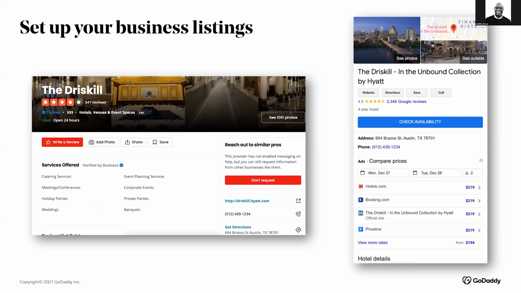Make sure that all of your profiles have the same information about your business, and that your hours, even your menu if you have one, address, and phone number are accurate. You wouldn't believe how many of these business listings out there have inaccurate information. So do a quick search, look at all of these areas, make sure the information is accurate, that you've claimed your listings, and that you're reading these reviews.